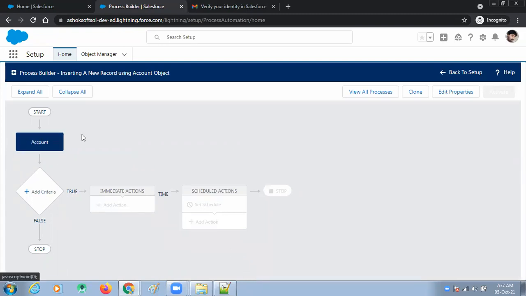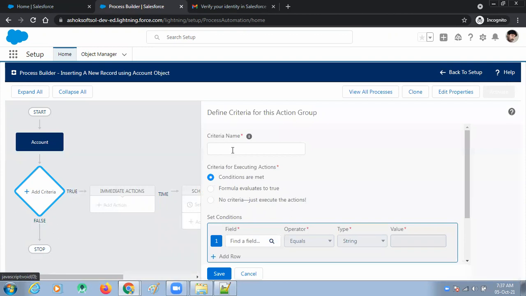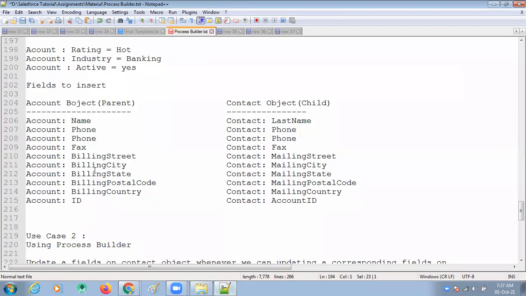Account record, it means we selected account object. Next, you can enter criteria. What is the criteria? A new record to contact object. What are the three conditions?